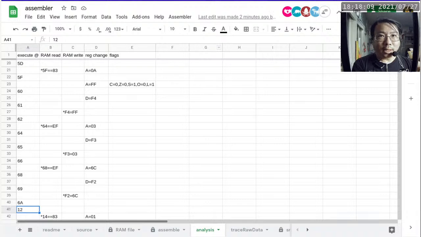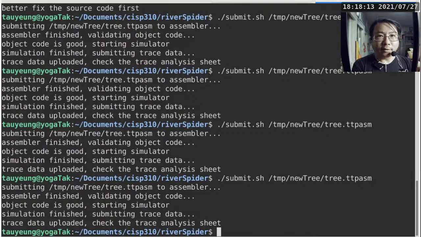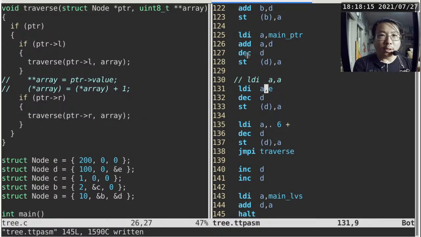So the next test case I'm going to throw at this program is the case when we have exactly one single instance of recursion. So this time we're looking at R, and R should not be a null. If I use the address of D in main when we called traverse, we should end up with exactly two invocations of traverse. So we will change the address of E to the address of D, save the code,